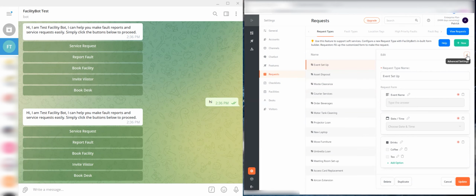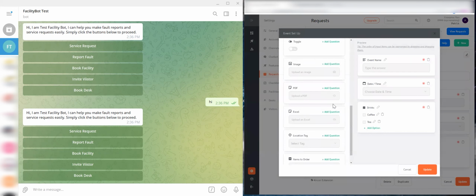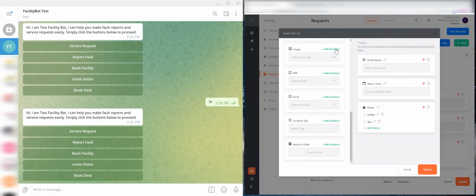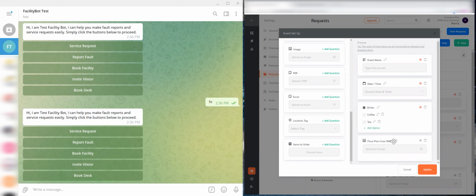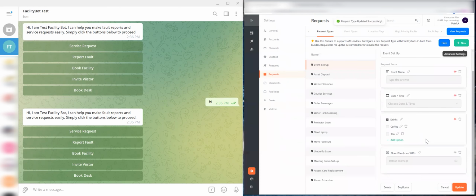In this case, let me edit the event setup request type. Here, I will add an image, say a floor plan setup image. And this is not compulsory. Once the form has been configured, the requester, through the messaging app, can click the service request button